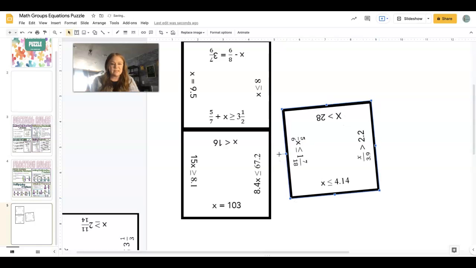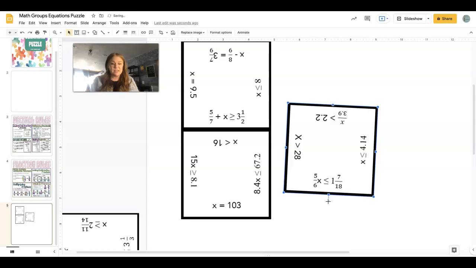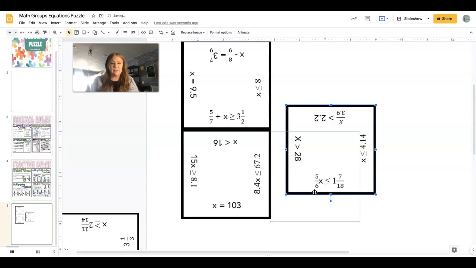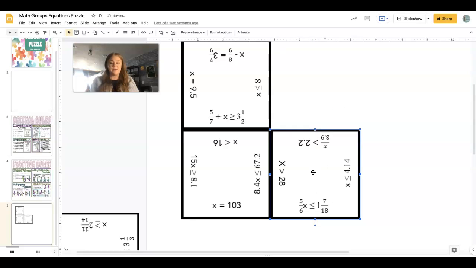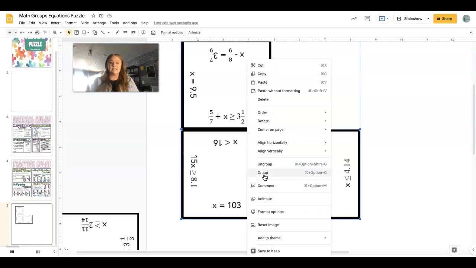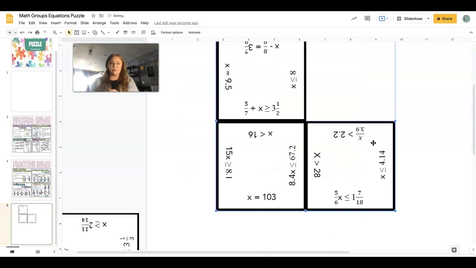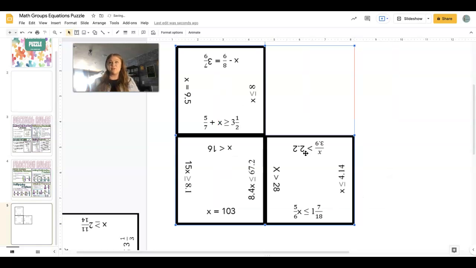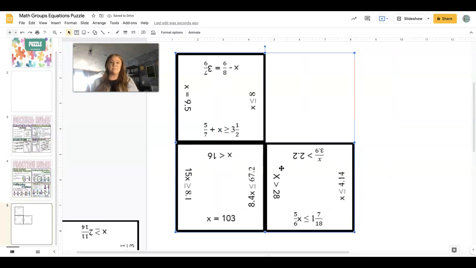Oh, I missed the X. So let's say these two ended up being a match here. So this one's already selected. If I hold down the Shift key and then click with my mouse on the other part, then I can right click again and say group. Now that's all a group and it will all move together. So you might want to keep locking things